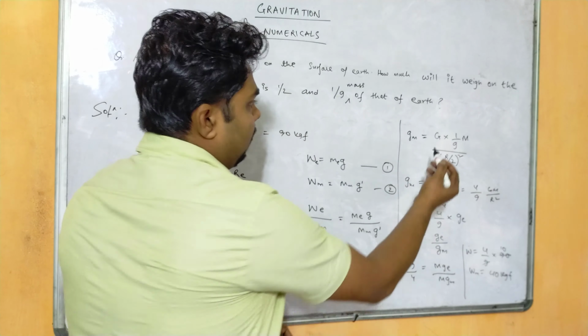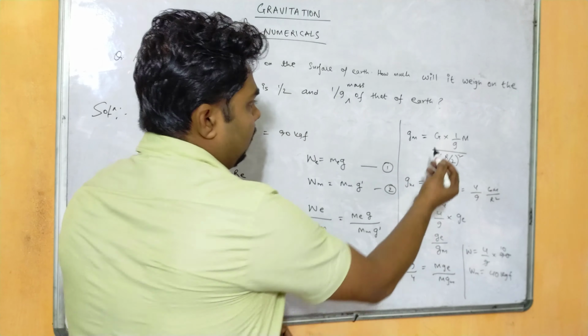Now 2 into r, 2r plus r, 3r. So I have taken the LCM, so 3r by 2. Now if you square this, you will get 9r square by 4. Again r square and r square get cancelled, 4 will come out. That means g dash equals 4 by 9 into g. Okay, so I have just cross multiplied g, and I have solved this in a simpler form.